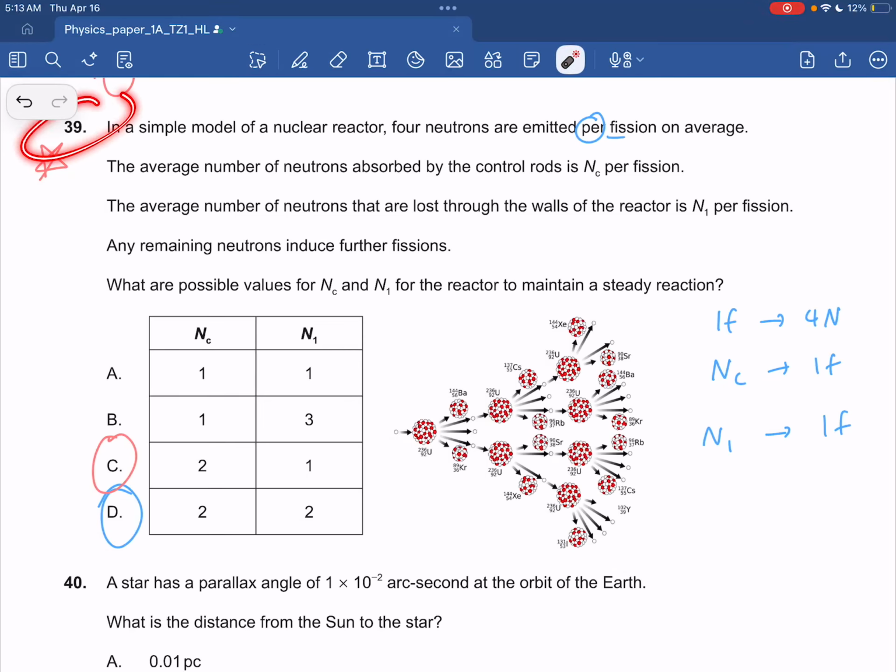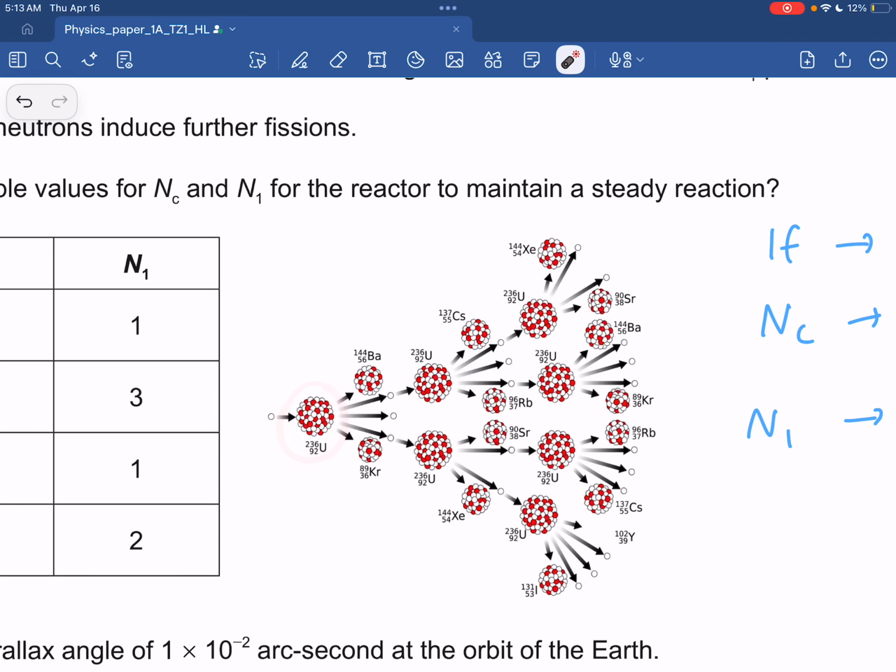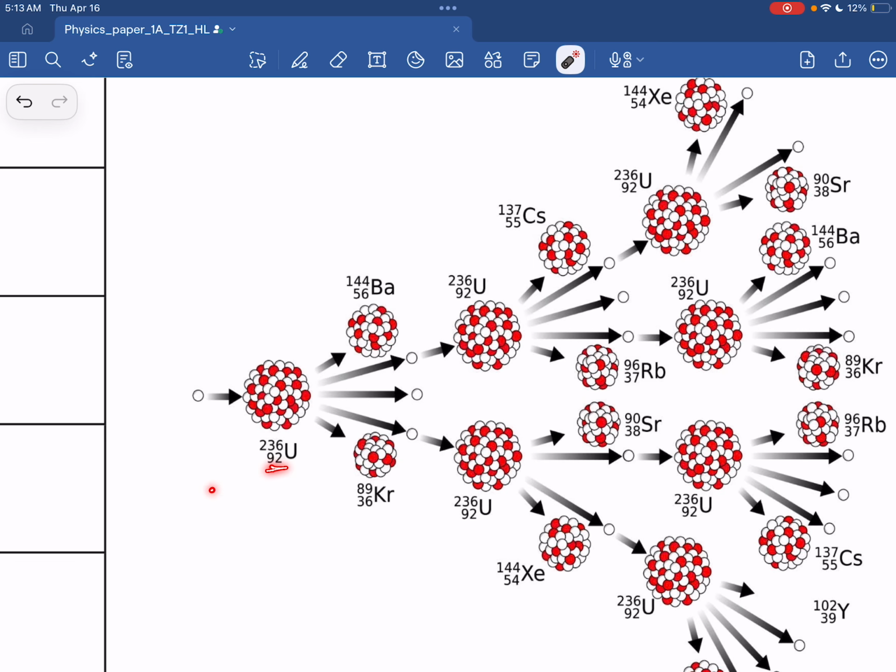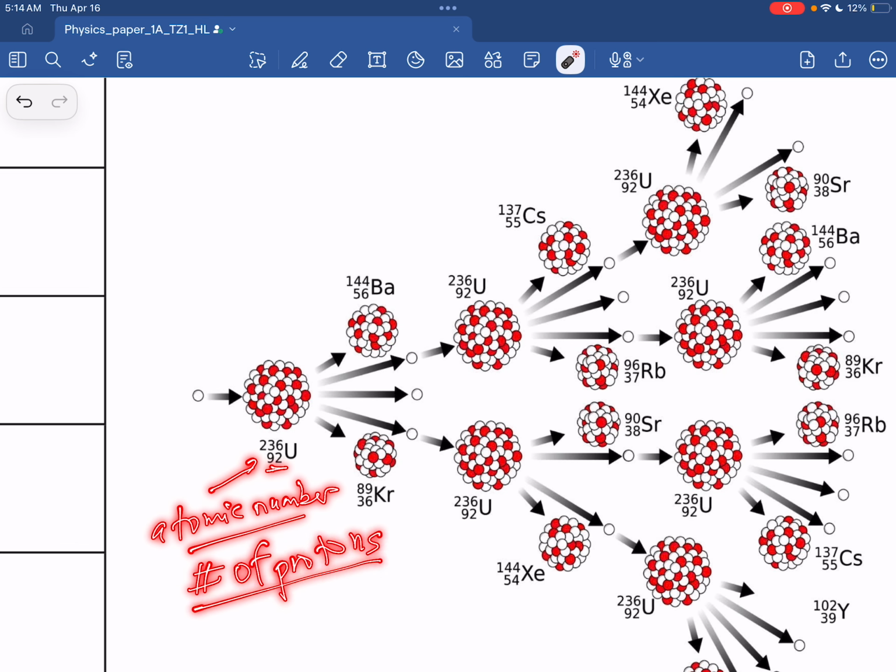Question 39 is about nuclear reactions, and here is about a specific kind of it. That is fission. So what is a fission nuclear reaction? It will be like you going from a really big nucleus, for example of uranium, which has 92. You remember what this number is, right? This is called the atomic number, right? Because that will be the number of, yes, that's right, protons, which is a unique number